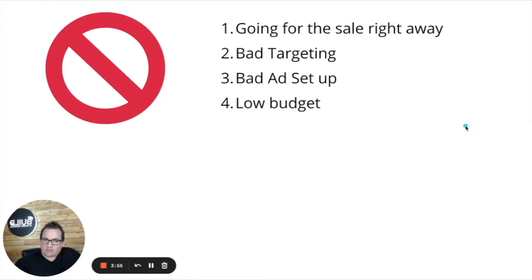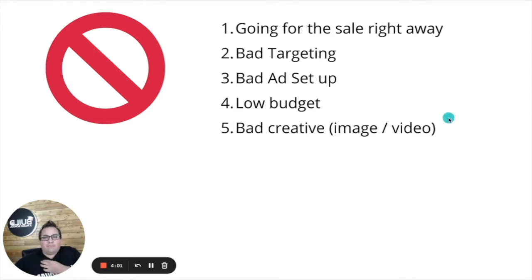It doesn't need to be massive. If you know what you're doing, it won't cost you a huge amount, but you do have to be prepared to put some money in to get it right. Number five, people have really bad creatives, like really dumb, boring images and videos. We're going to look at what good ones look like, and I'll give you access to a whole bunch for free that you can use, and ones that we use to help grow our school to 2,000 students, so we know they work. Number six, bad copy, so bad writing.